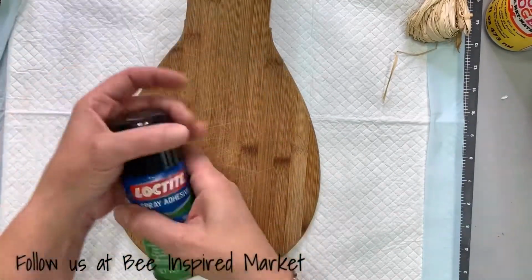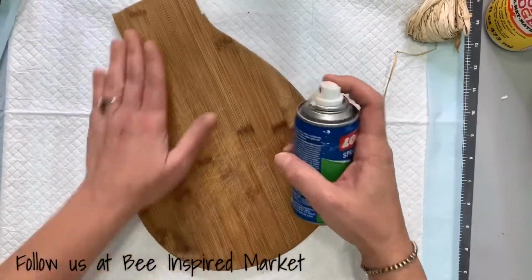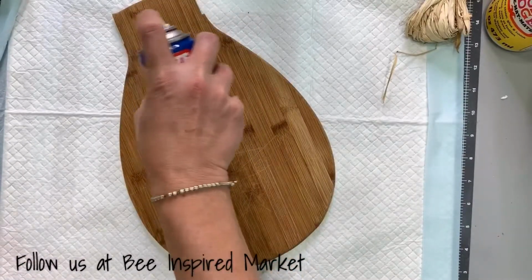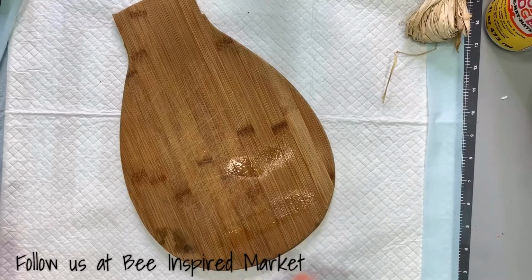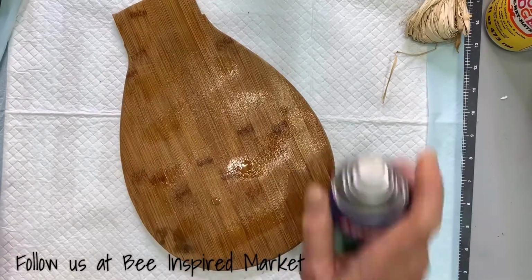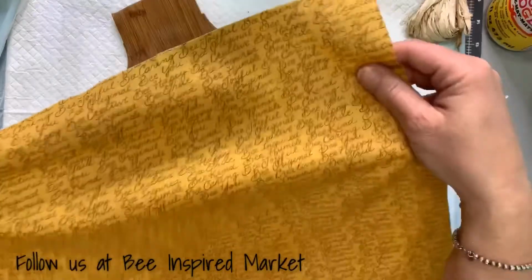So what I did first was, this is spray adhesive. When I work with fabric, I'm not a fan of using Mod Podge, so I like the spray adhesive to start with, and then I'll put some Mod Podge on top just to seal it. But when I work with fabric, I just feel like it gets too bubbly and takes forever to dry. So I just take the spray adhesive,